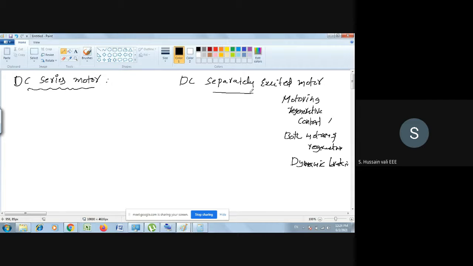So that is using the chopper. First quadrant and second quadrant choppers. Using these choppers, we have gone through all these topics. Similarly, the same topics we will go through with this series motor. So for the motoring, first I will see the motoring condition.